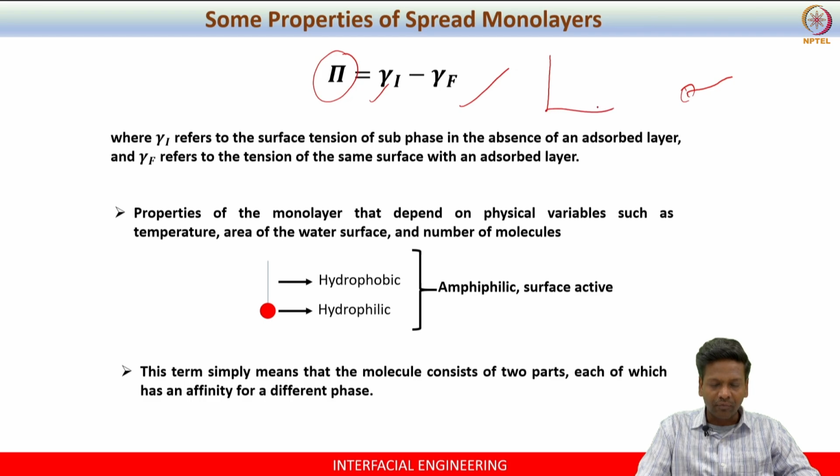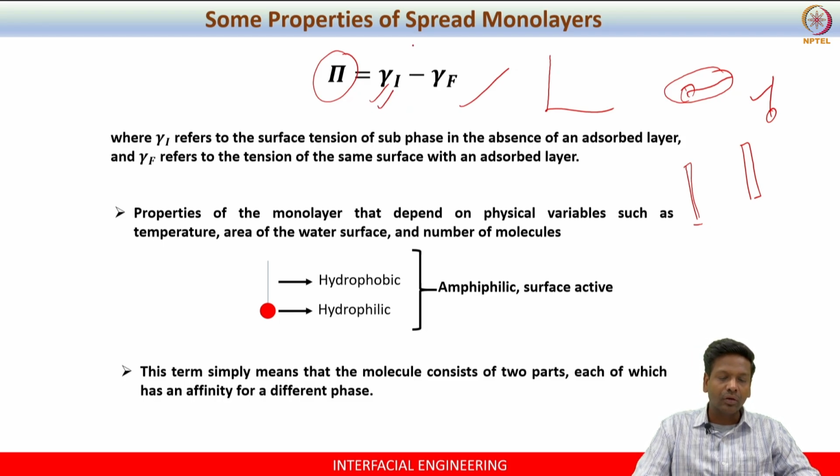So you will start the surface pressure with zero, and as you push the monolayer barriers towards each other, this monolayer will be compressed, right? So the orientation will change from the horizontal orientation to the vertical orientation, right? In this fashion they will reduce the surface tension to the maximum extent. So you will achieve the surface pressure close to the surface tension in the absence of the monolayer. So you will start from zero and you will reach up to this point.